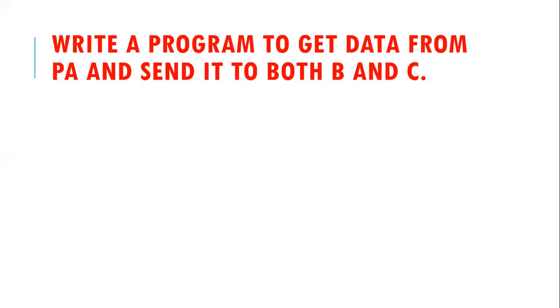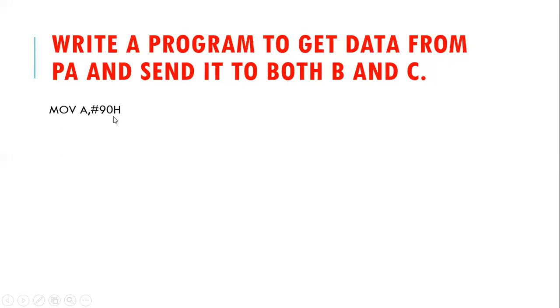So first of all, we are going to use the microcontroller to send the data into PA. Then from PA, we'll give it to port B and also to port C. Okay. So how will this be done? Let us assume that the previous configuration, what we have discussed, is going to be used. Then what will be the control word? The control word is going to be 90.